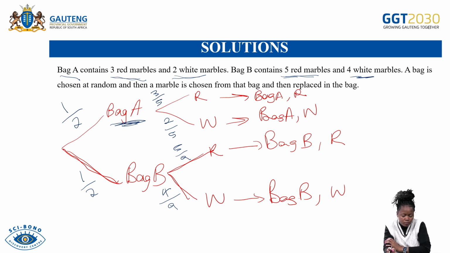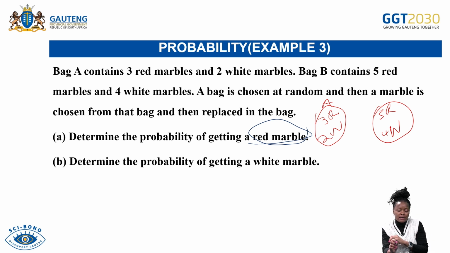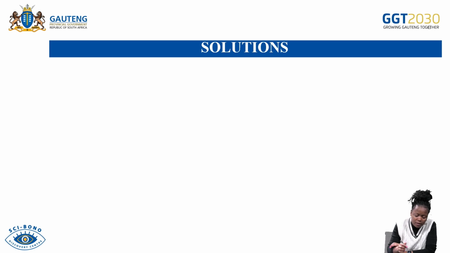Okay, so the question is now saying determine the probability of getting a red marble. So they just want the probability of getting a red marble. It doesn't matter if that red marble you are going to get it in bag B or in bag A, right? They just want the probability of getting a red marble. It doesn't matter which bag you get it from. So you'll say the probability of getting a red marble